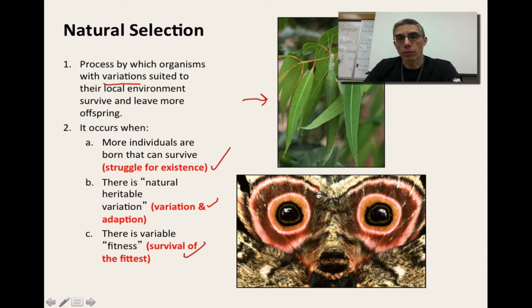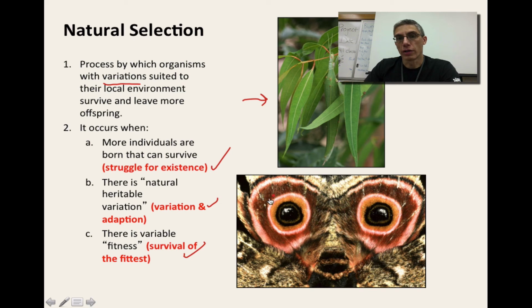Now down here towards the bottom, we have an example of a large moth, but if you kind of back away from this moth a bit, you're going to notice that it looks like it has some very large eyes. So if a predator has come across this moth, it might mistake it for another animal, an animal that would be much larger than what that predator wants to take on. And so again, this is another way to adapt to your environment, because this one with the